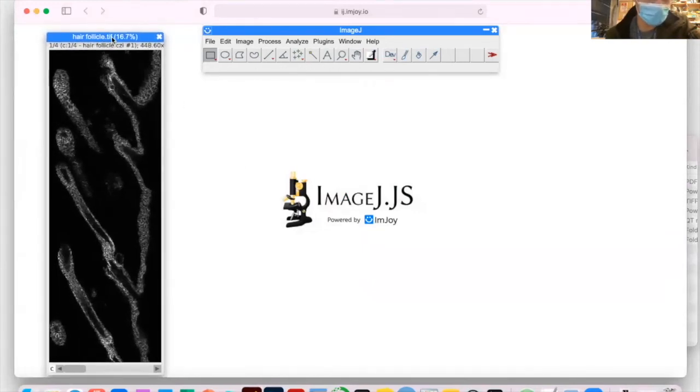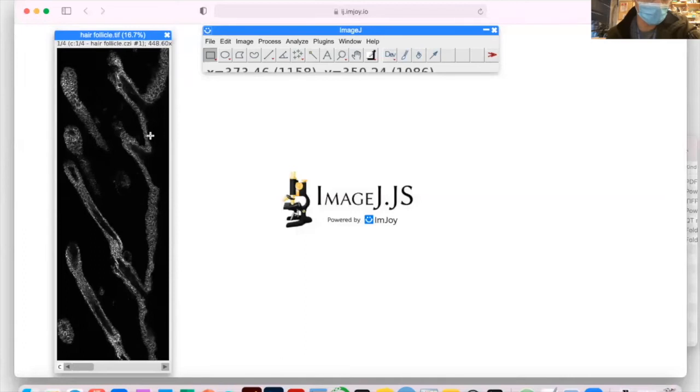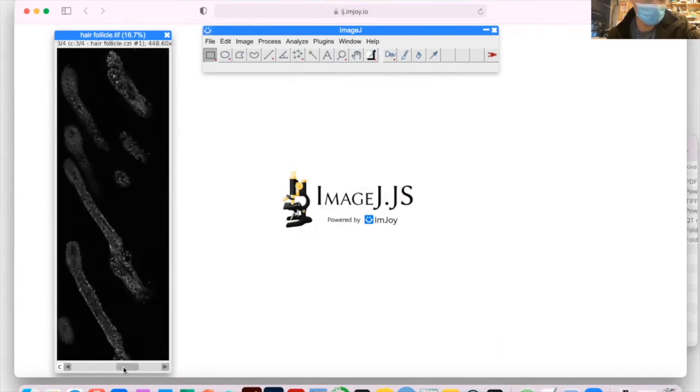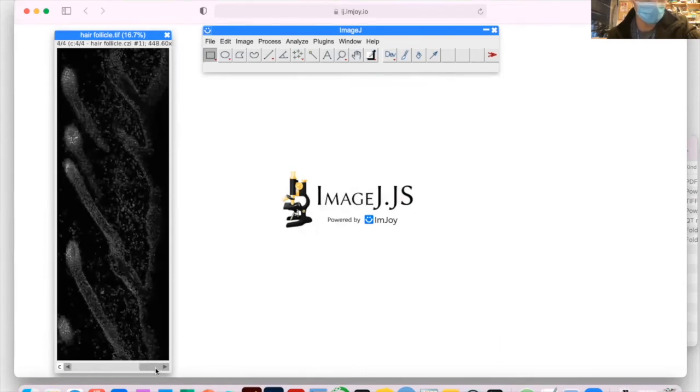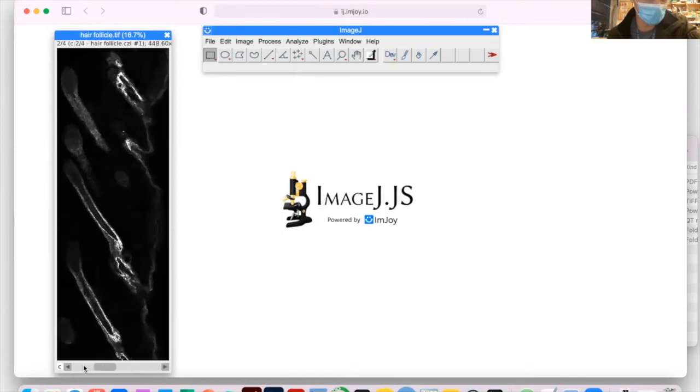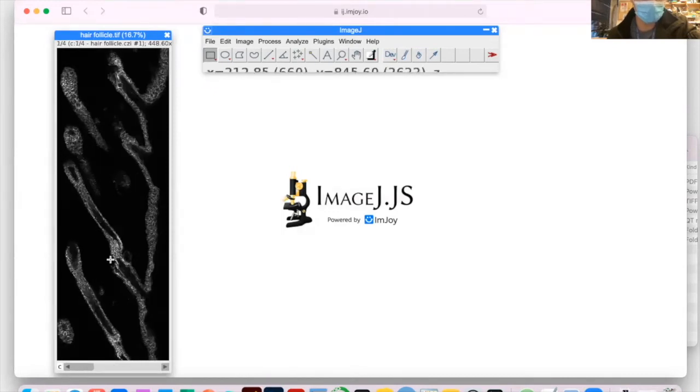So here you see a stacked image for 4 channels that we took with a fluorescence microscope, and each channel was taken with a different marker. And you can see here that there's a scroll bar at the bottom, showing just one of the channels. And if you scroll, you can see all the different channels. So in this picture, you have a total of 4. And so now each channel shows you individually what the images look like.